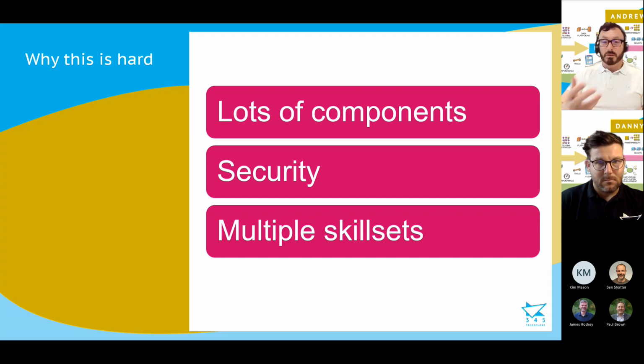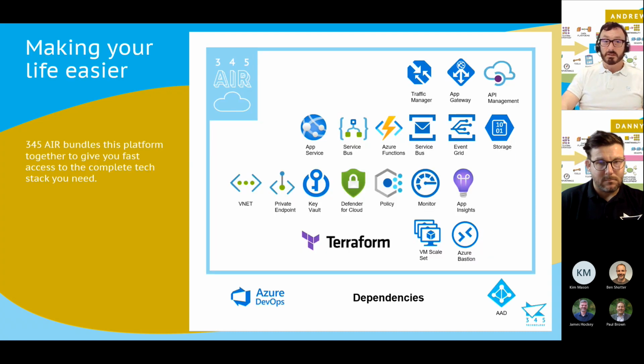So what we want to do is make this easier for you. And by doing that, what we've done, and this is the plug, but we're happy to talk about this and share this information anyway, is pull all this together into a platform that we call 345 Air. So we can use this as an accelerator to say, let's get the infrastructure in place really fast, and then that allows you to build your business processes, your event handling and your message handling